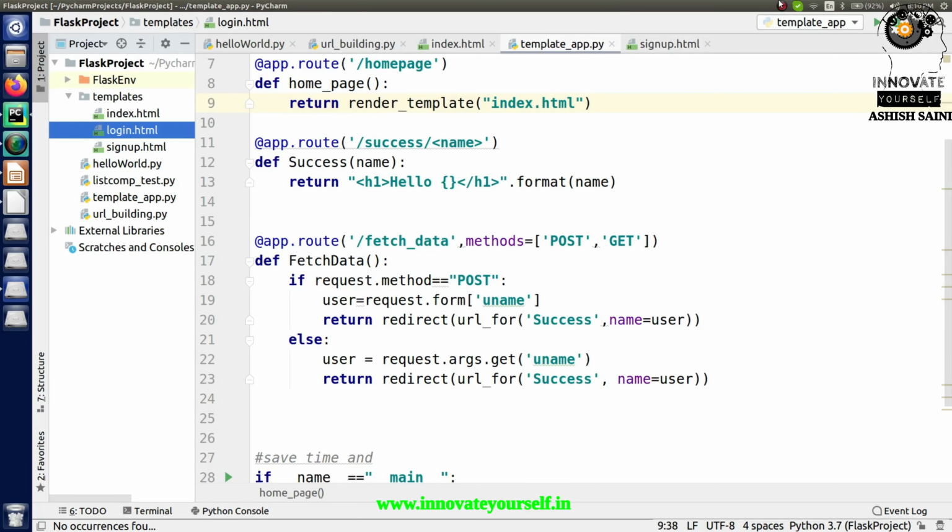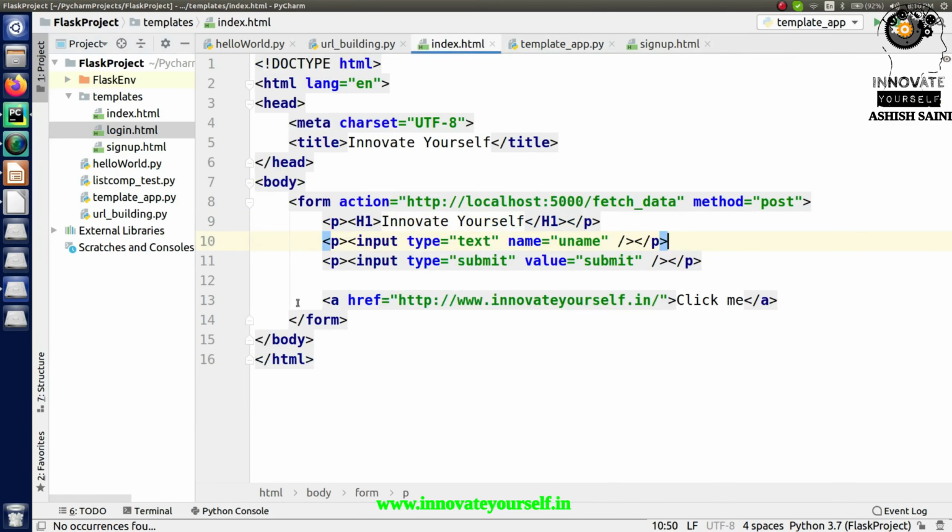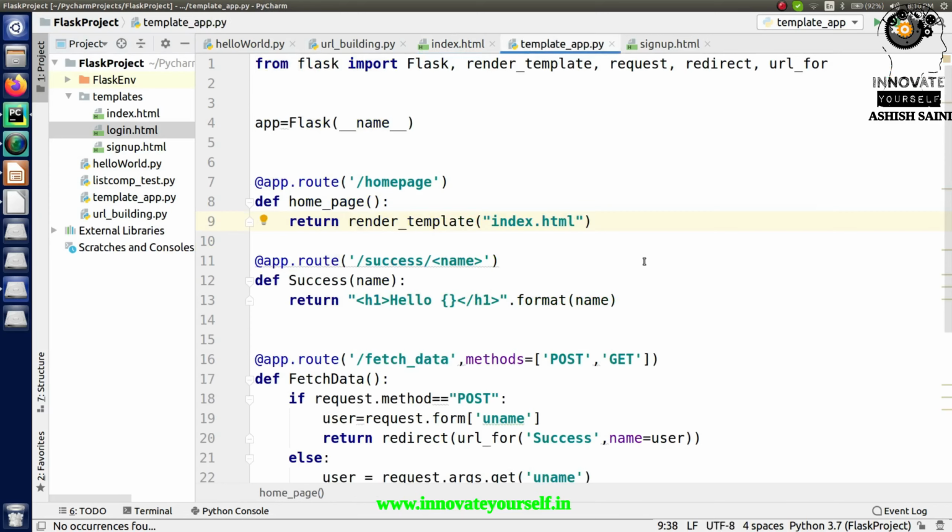Now you can see this is the application which we created in the last session, where we were calling the web page you can see here, asking the user to enter some value, and with respect to that value we were calling a different page where we were simply displaying a message, let's say hello, whatever value you have written.